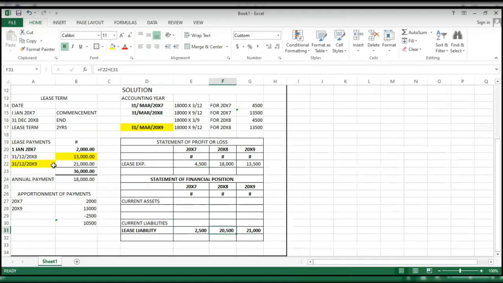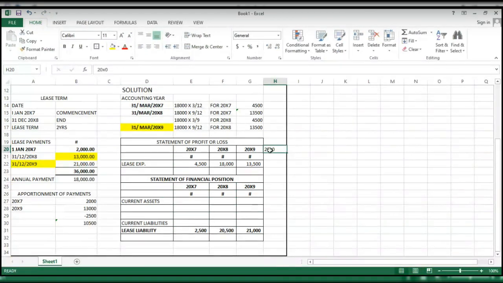So this payment that was made on 31st December was a part of the amount due on 31st December 20X8, to reduce the amount due as at this date. So the addition of the due date here, 25 here, and the 18,000 here, 13,000 was paid out of it, remaining 21,000. And that was what we paid in 31st December 20X9, which falls under 2010. If we are to do for 20X10 now, let me call it 20X0 so that we don't have